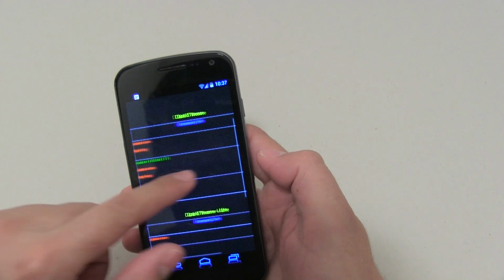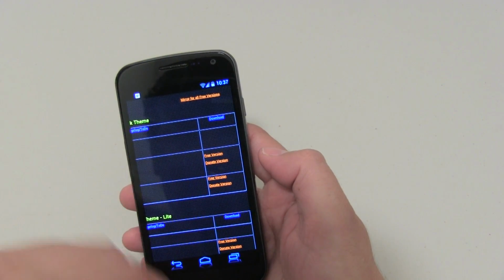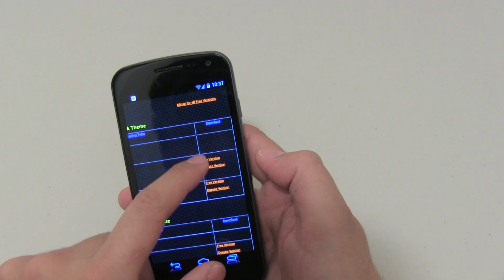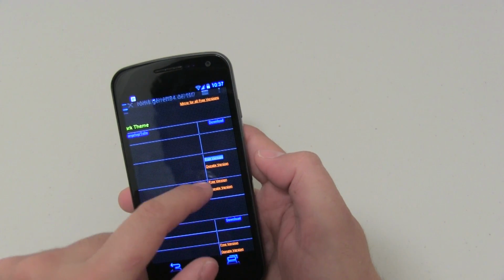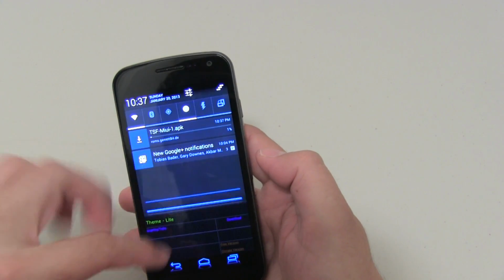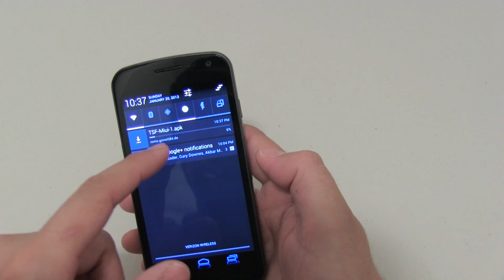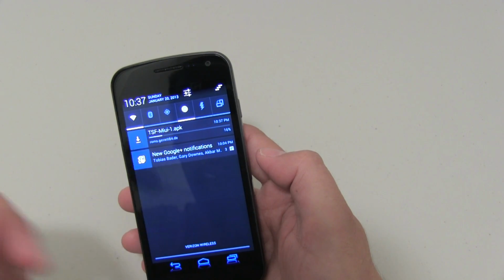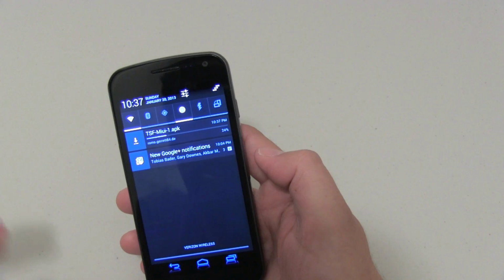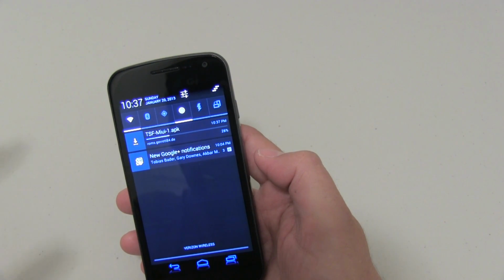Because a lot of you guys are having trouble, and try to do this with your phone, it's a lot better. What you want to do is download the free version, the latest one. I'm doing, I believe, the dark theme. Once it begins to download, it is actually an APK. This is something that you have to install, because a lot of you guys, I think, are just putting this file onto the SD card, and this is probably the reason why you can't find it in the theme section